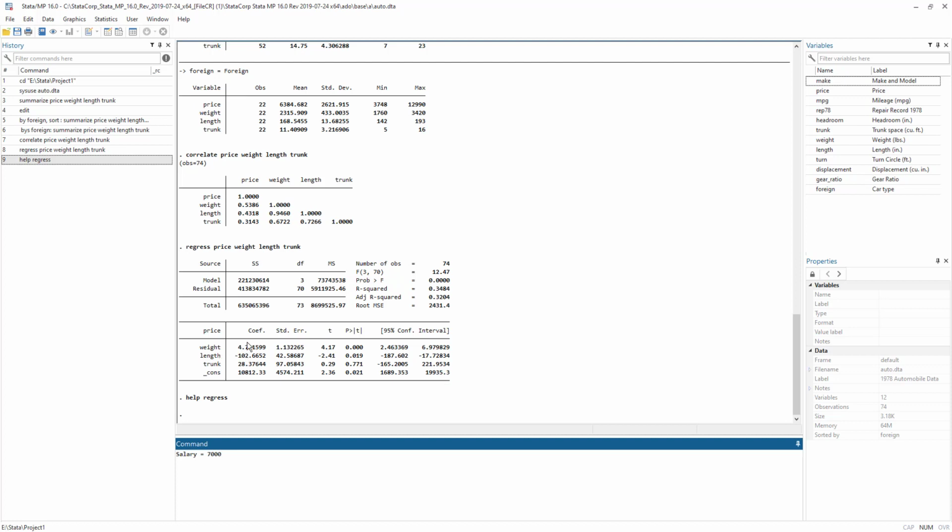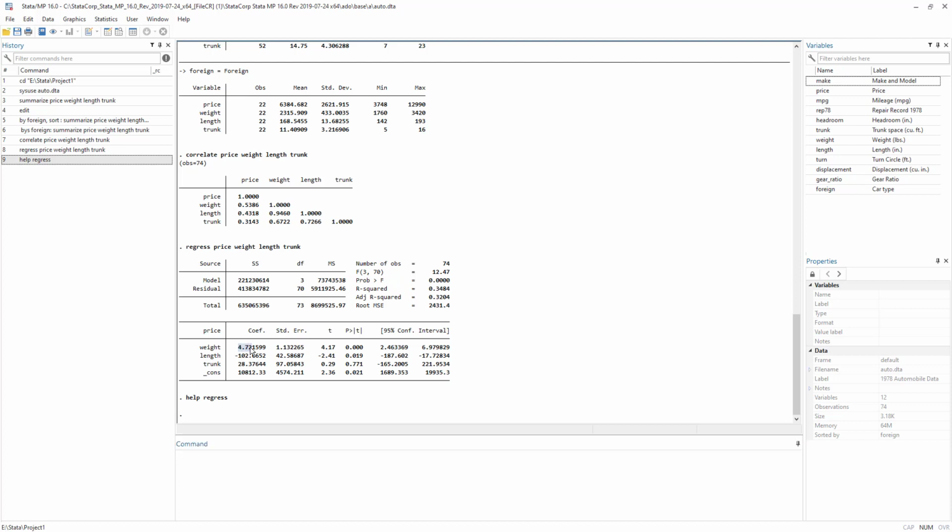Then what do these coefficients represent? So weight: for every 1 unit increase in weight, let's say if weight was in pounds, then we would say for every 1 pound increase in weight, the price of the car would increase by $4.72.